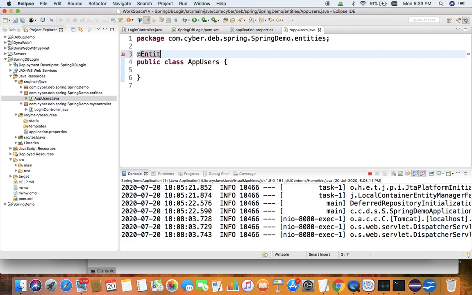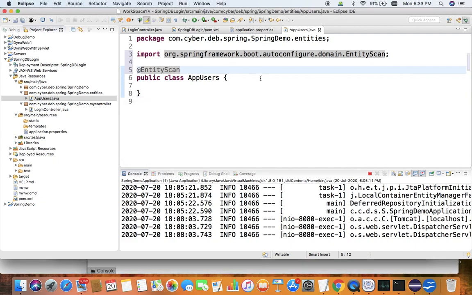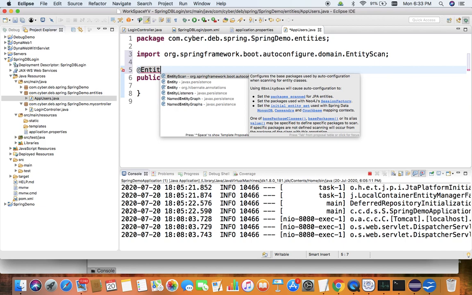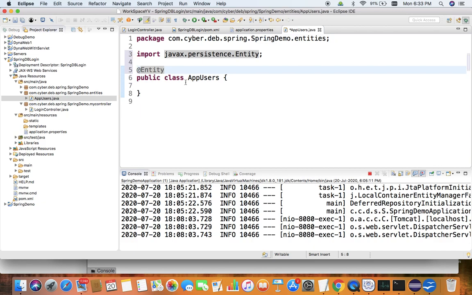So the entity will be imported automatically if we use Control Space, not EntityScan, only Entity. This one is not required, Control Shift O. Okay, so the entity class is ready.